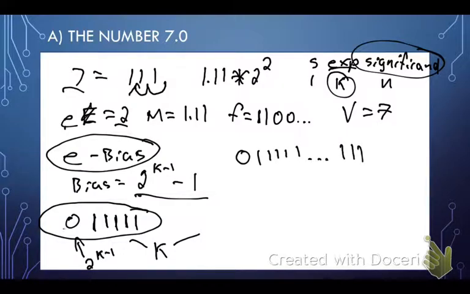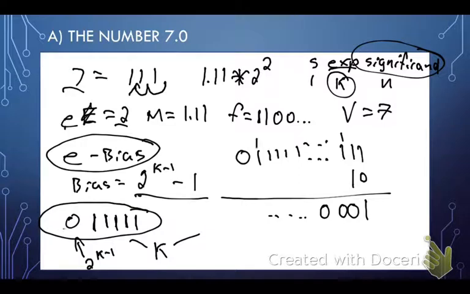2, and I don't know how many, but I'm going to add those to the value 2. What's going to happen? Well, I'll get a 1 here. This can give me a 2, which rolls over to another 2. That's going to happen all the way down here till I roll over and I get a 1 there. Okay, so the exponent bits are going to look like this. So we can tell them that. We don't know how many bits there are there, but we can say this is what the exponent bits will look like. Remember, we were asked to provide, if I can find the problem here, exponent e, well, that was